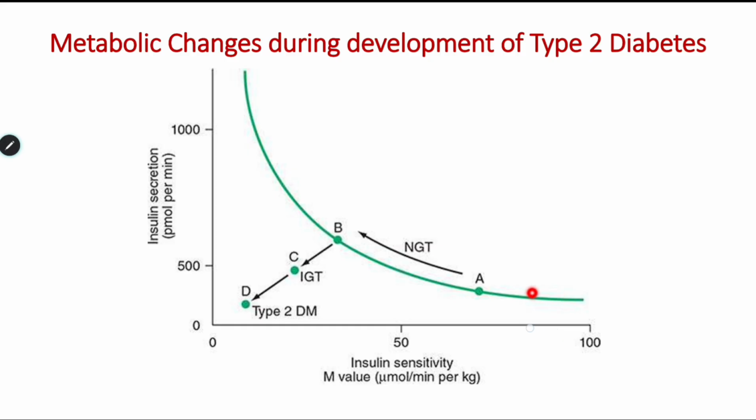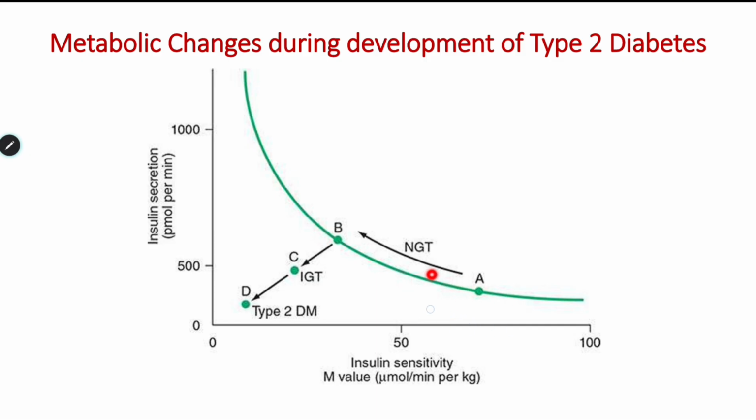As you can see here, as the sensitivity is going on decreasing, the body increases its insulin secretion up to a point B where the islet cells get sort of exhausted. Insulin sensitivity will go on decreasing in diabetes as the disease progresses, and if it's not controlled by exercise, lifestyle changes and metformin, insulin sensitivity will go on decreasing, but the body cannot make more insulin. The expected response was that as the insulin sensitivity goes on decreasing, the insulin secretion will go on increasing like this, but